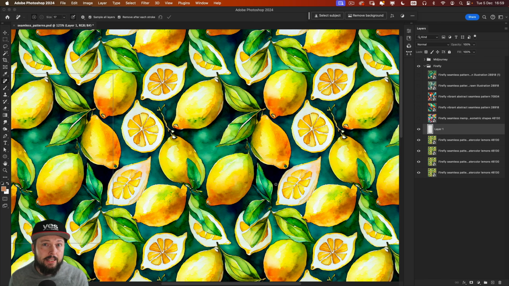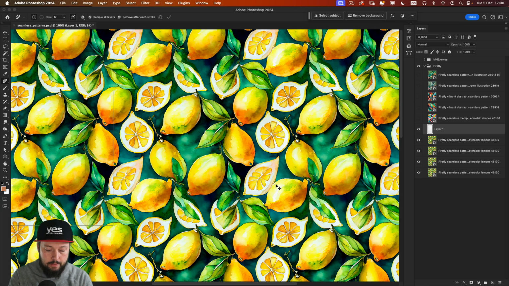So that's a clever little workaround that you can do, whether you are using AI generated images to work with or whether you are using your own illustrations. This is a great way to blend the edges and remove the tiling. But a similar technique can also be used to increase the resolution and the variety of your pattern.